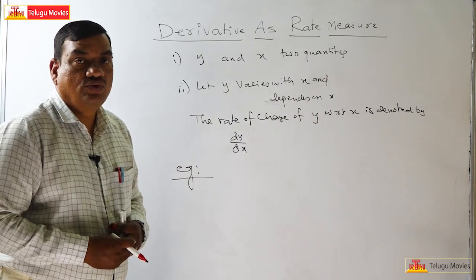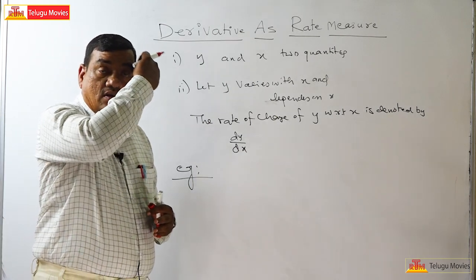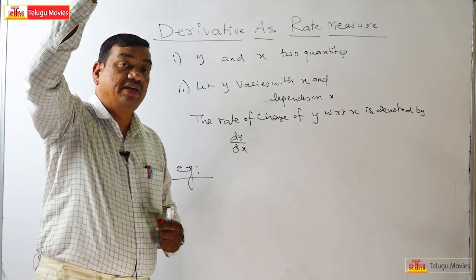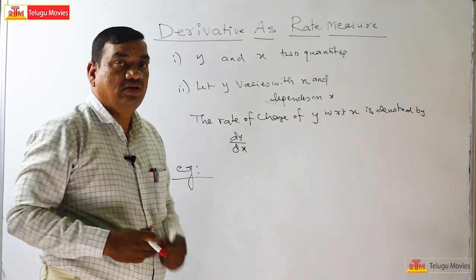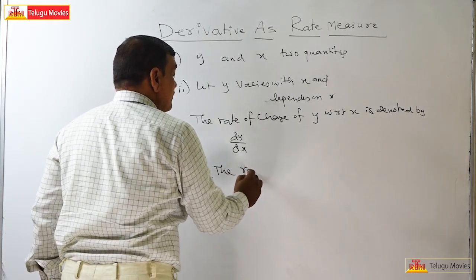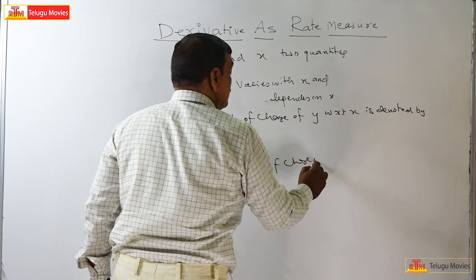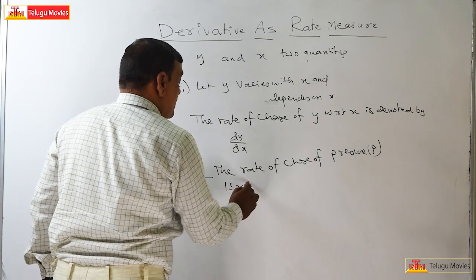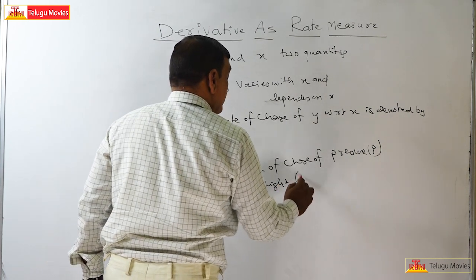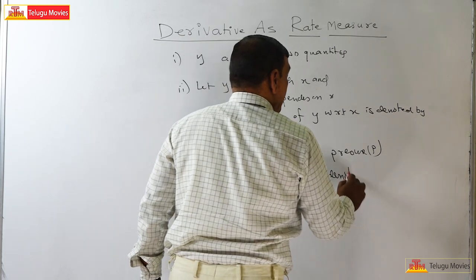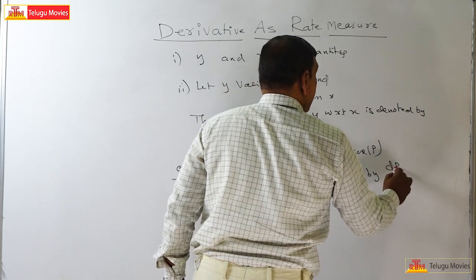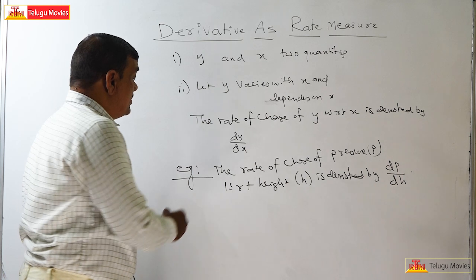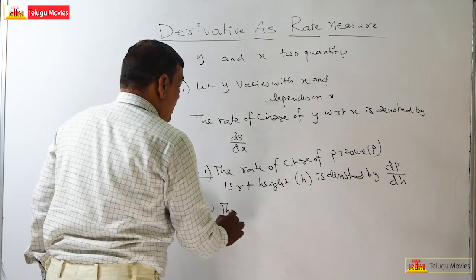Pressure and height. We know that as the height increases, pressure also changes. So the rate of change of pressure P with respect to height H is denoted by dP by dH. And another best example is the rate of change of